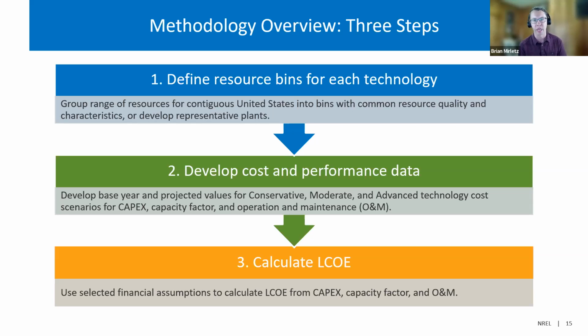Once we have those categorizations, we develop cost and performance data. And so that includes both that base year and projected values across conservative, moderate, and advanced technology scenarios for metrics including capital expenditures, capacity factors, and operations and maintenance. And then we use those along with 2 sets of financial assumptions in order to calculate the levelized cost of